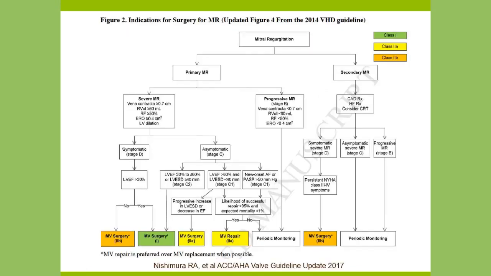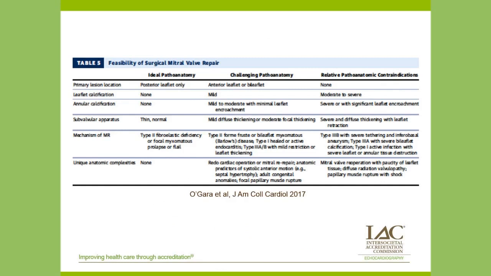So again, the guidelines on mitral regurgitation divided into primary and secondary MR, and primary MR goes down this pathway generally towards surgical repair, whereas secondary MR has a different pathway and surgery is not as clear cut. So it's important for us doing an echo to decide, is this primary or is this secondary? What is the exact mechanism of MR? Is it repairable? Does it have to be a replacement? All of this is super important for us to get right.